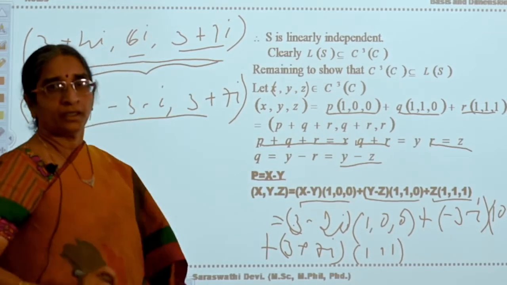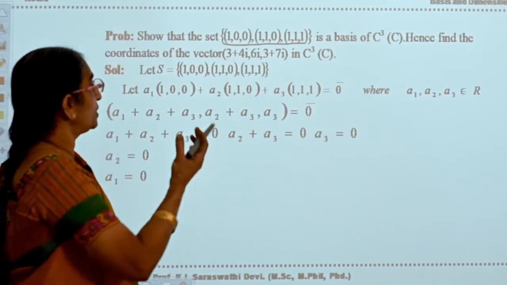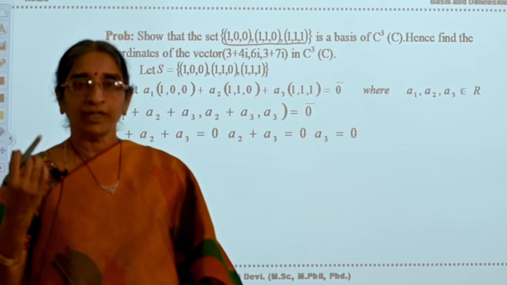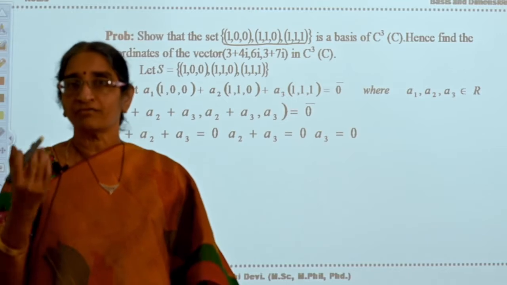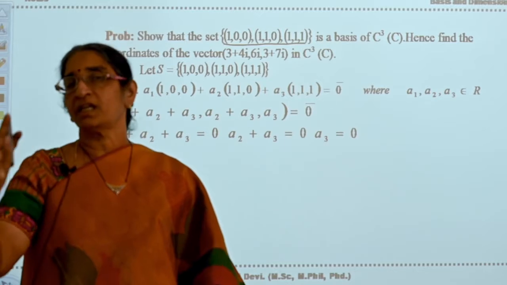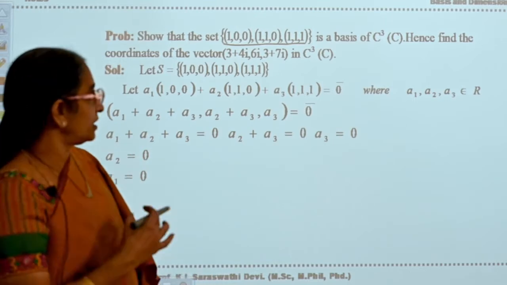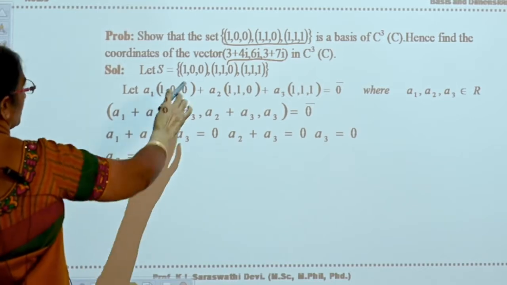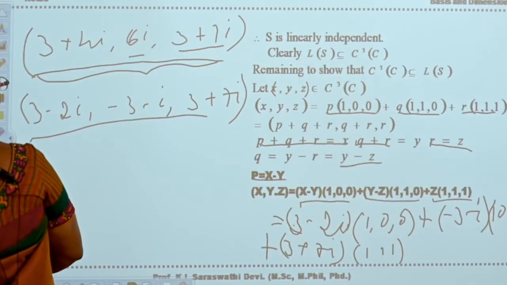Now is it clear? Now what have you done in this problem? In this problem, you have shown that the given set of vectors is a basis of C3 of C. See, here we have to remember that if the dimension of a vector space is the same as the number of elements in the set, then it is enough if you show that the set is linearly independent, and you can say that it is a basis of that vector space. Okay, that is the problem. Now after that you are able to find the coordinates of this vector. Okay, now see the next one. Next problem.